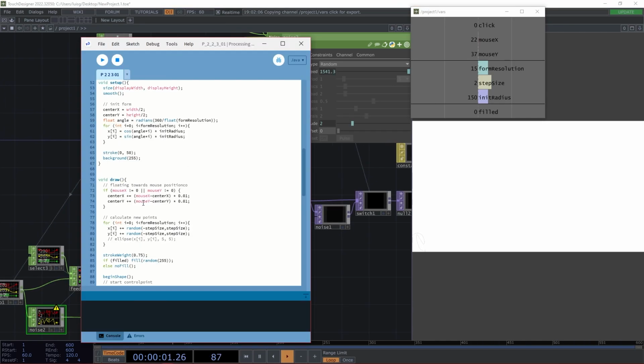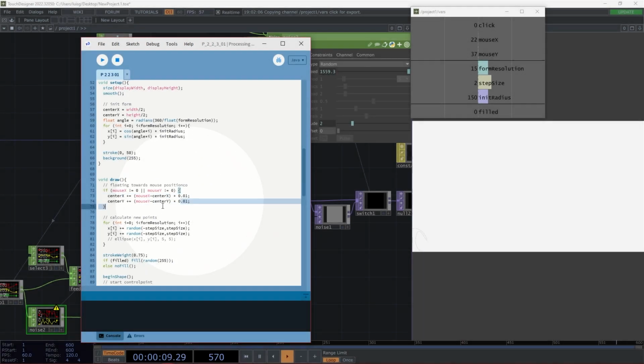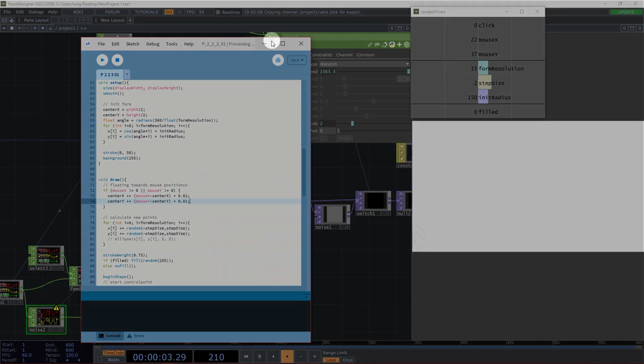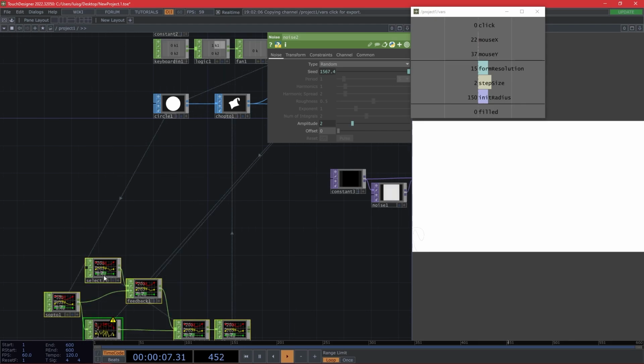And the thing is almost the same for the center of the shape. Here we're gonna add to the center, to the feedback, the actual position of the mouse minus this value multiplied by 0.01, and that will be for both channels. So yeah, we're gonna do that. I'm gonna make some space, and